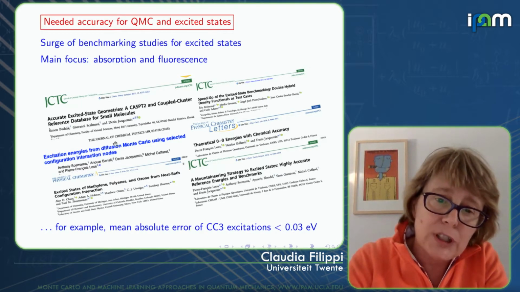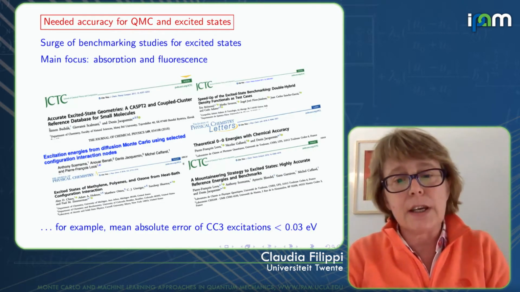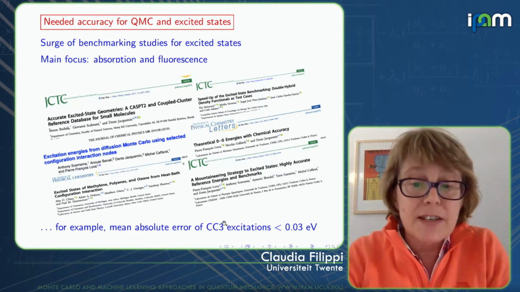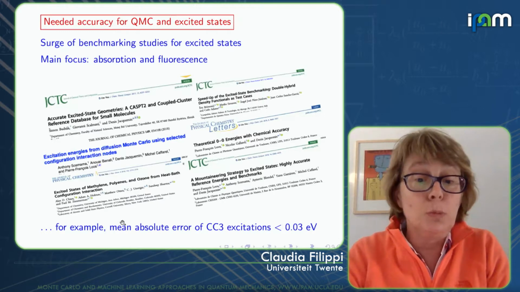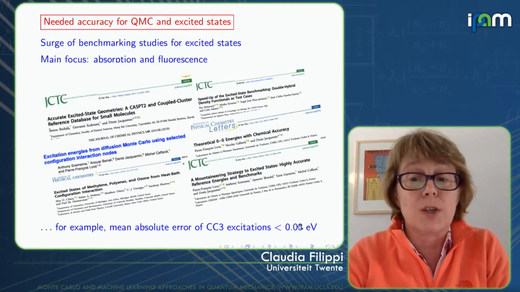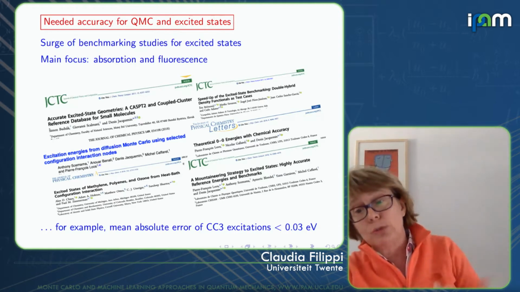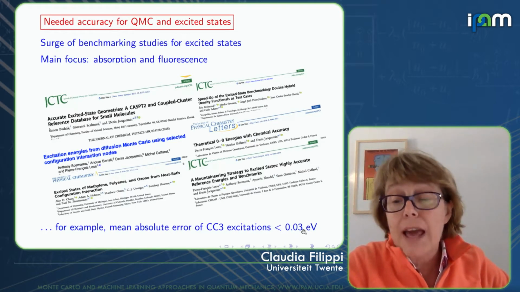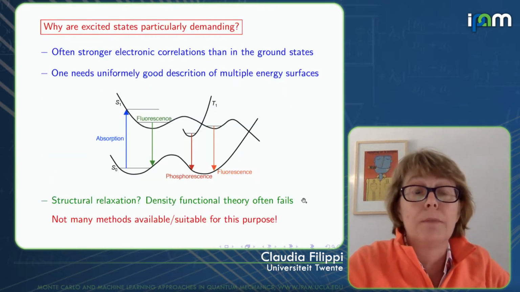And I would say for excitations which are predominantly single excitations, it has been established that something like CC3, so a coupled cluster up to approximate triples, can lead to mean absolute errors which are less than 0.03 eV. So if you're coming in with quantum Monte Carlo, trying to convince others that you can do it, we should achieve errors on the excitation of this order of magnitude, which is quite small.